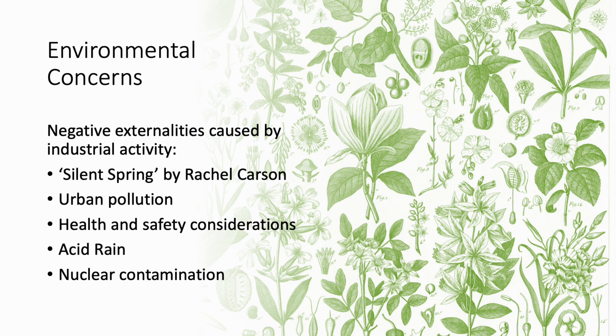Before we go any deeper into what climate change is, it's worthwhile thinking a little bit about how environmentalism has come about to start off with. There's a general understanding that there were some negative externalities caused by industrial activity. This is seen in early literature and writing during the Industrial Revolution, people understanding that actually there were situations where people's livelihoods and standard of living were impacted negatively as a result of increasing urbanization